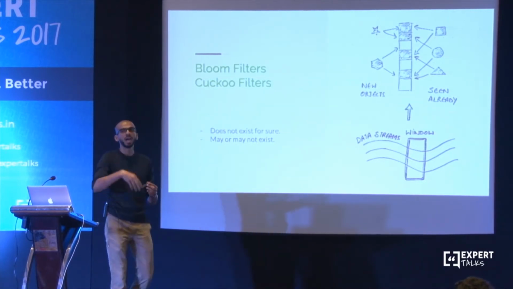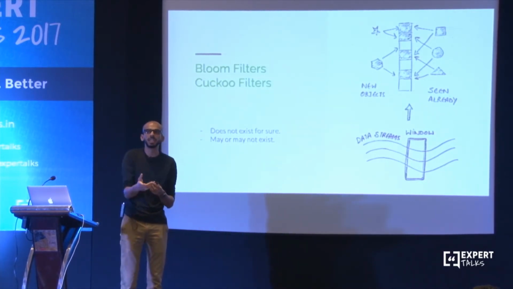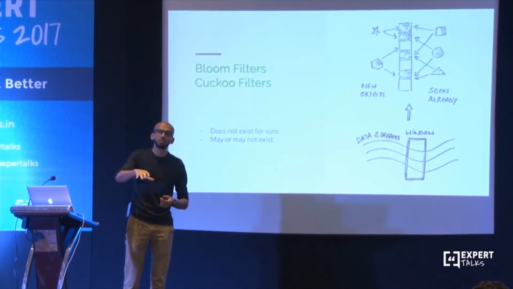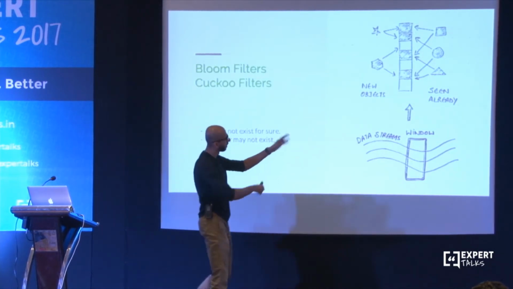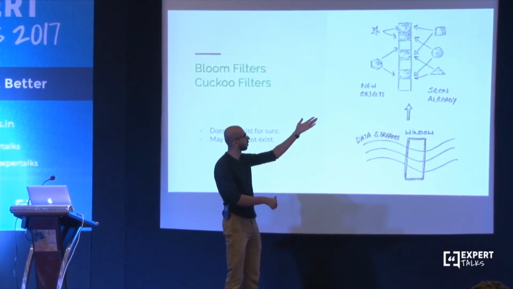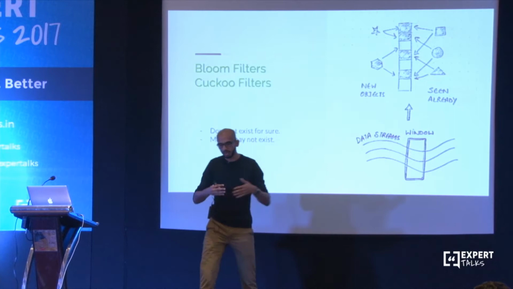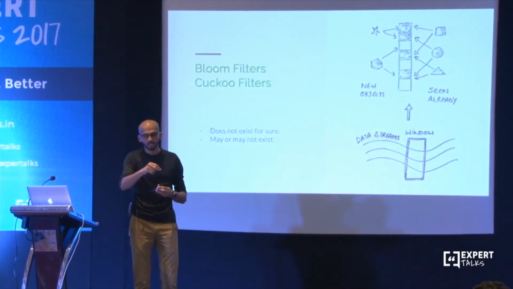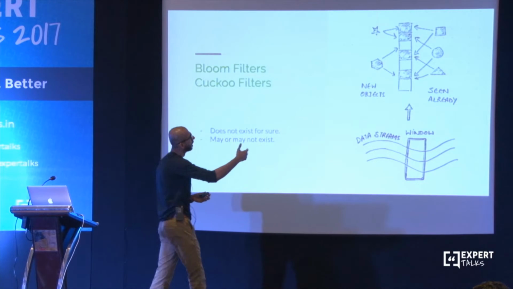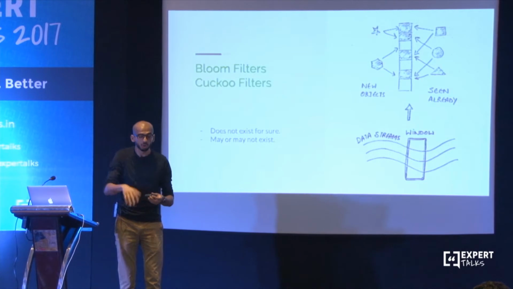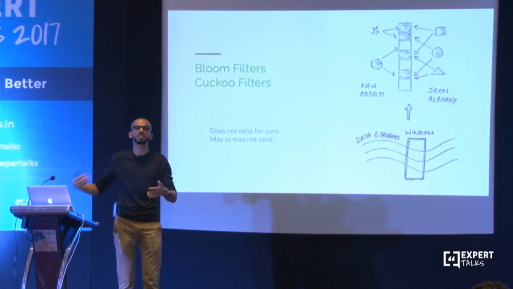So you can never ask, have you seen this value earlier? A Bloom filter can only tell you with a probability that I may or may not have seen this. But if you ask, have you never seen this value? They can tell you with certainty that yes, I have never seen this value. So in a sample implementation like this, these are the objects that are already seen. Inside it does multi-hashing and saves it across a fixed storage space where the index locations can actually be duplicated. And when you get a new object, you check, have you not seen this? And if the Bloom filter says yes, I have not seen this, only then you actually go forward and ingest it into the warehouse.